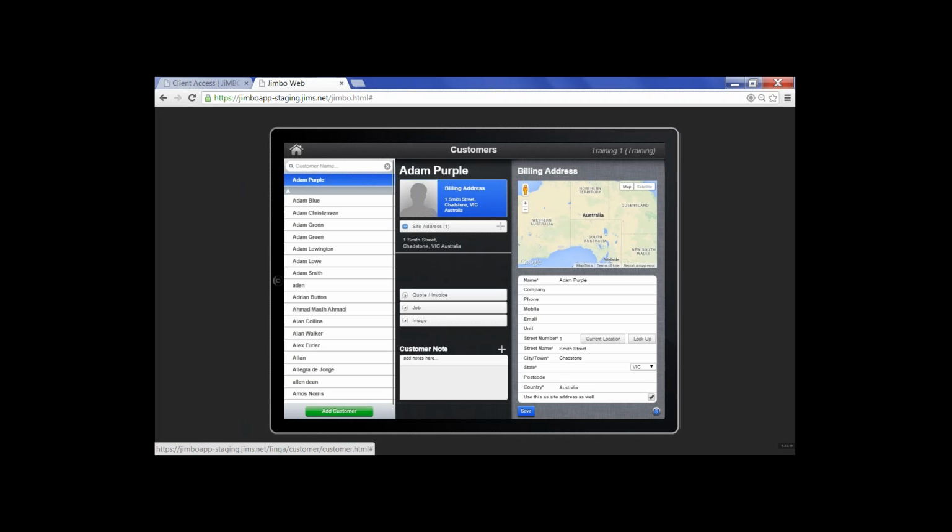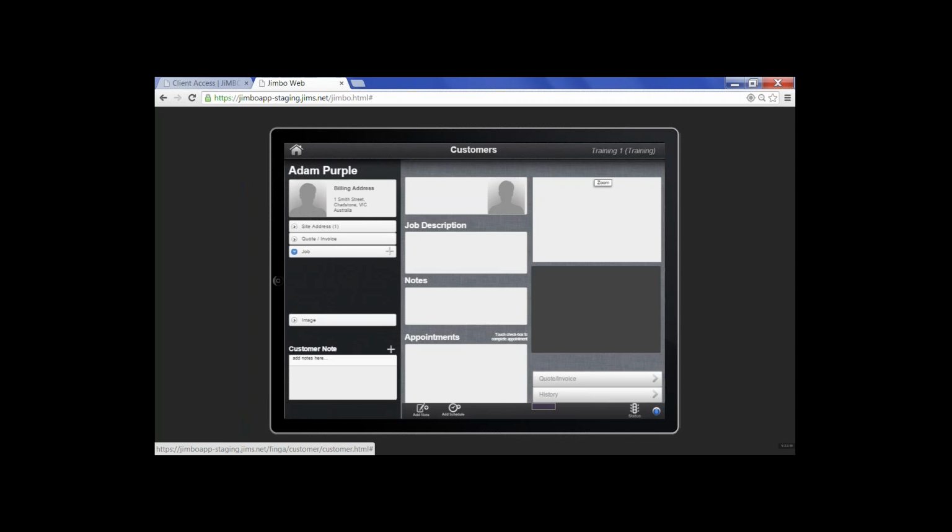So it'll probably struggle to pick up the GPS location too well because it's not really a direct location, so it's only a bit of a dummy address. You'll see here now that we've got Adam Purple situated in the center section. To set up a job, obviously we need to go and click on job, and then you'll see this small little plus sign here where we can start to add some information in. So if we click on that,